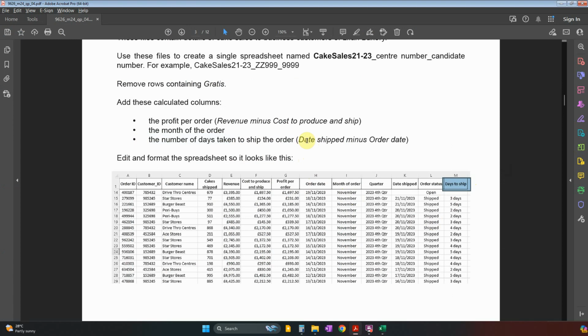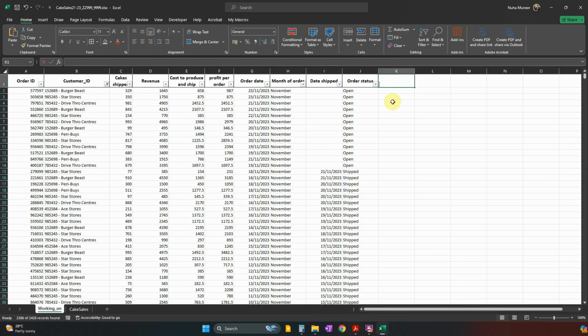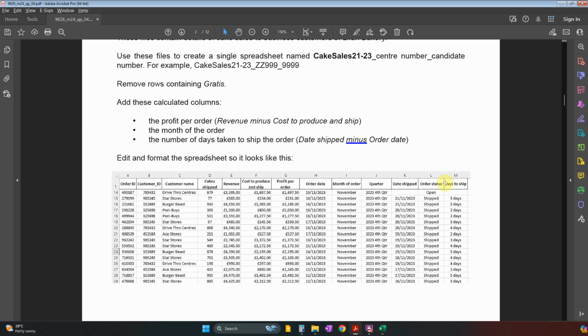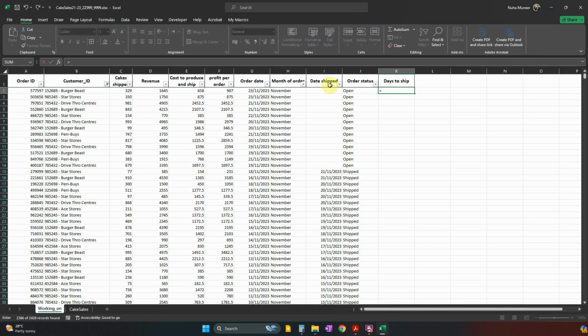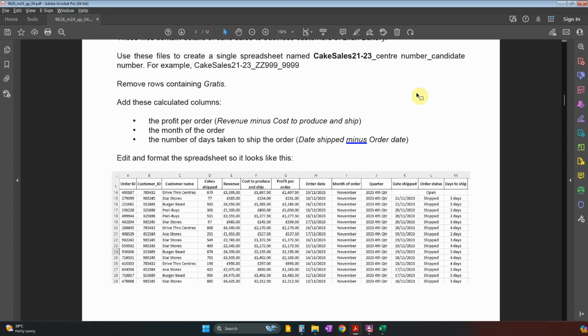to ship. So that will be date shipped minus the order date. Okay, so days to ship, I'm going to keep it at the end over here. Days to ship. So date shipped minus the order. So where's the date shipped? Over here. So there are some without, so I have to select this, minus the order date. Okay, I need to turn it into a general number, and I need also